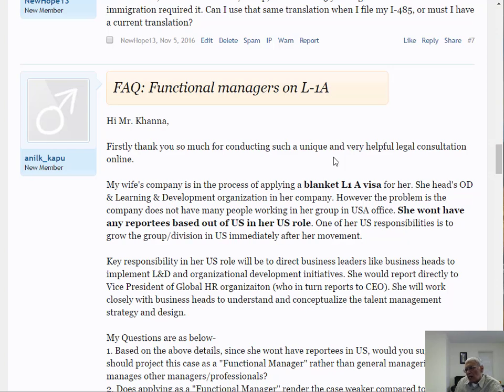Sometimes if you are supervising other professionals, for example, if you are a software delivery manager supervising 7 software engineers, it's quite obvious that you could probably qualify under L1A as long as your activity in the actual production of the good software or service consulting is minimal and you just manage the effort. So simple L1A is for people managers, professional managers.